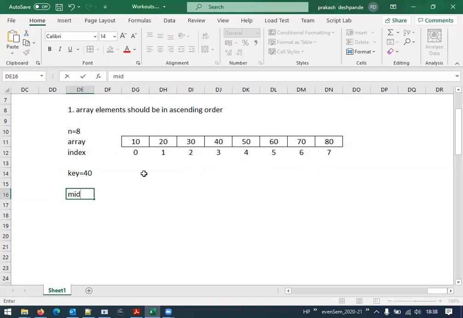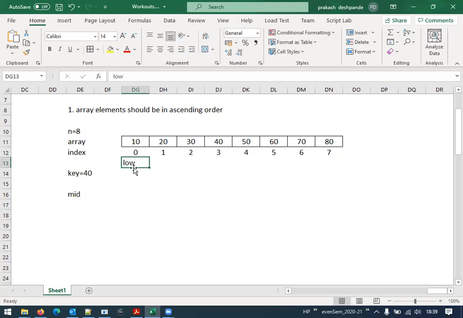Very simple. We use two different pointers, or two different variables, that will store the first indexed value and the last indexed value. Now here we know that the first indexed value is always 0, because array indices start from 0. So let me call it low here.